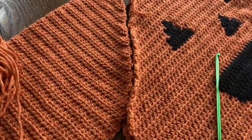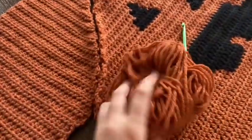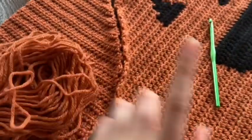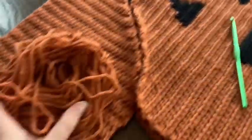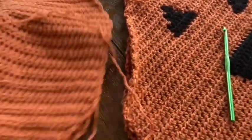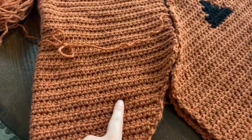I feel like this sleeve probably took almost as much time as like 1.5 of the front panel. This is how much yarn I have left. It definitely used more yarn as well than these did. Of course it took more than this since I have black, but yeah, this was a tedious task to do the sleeve. So it doesn't have a cuff on the end. I have to do that as well, but I am gonna lay this out and I'm gonna measure out to